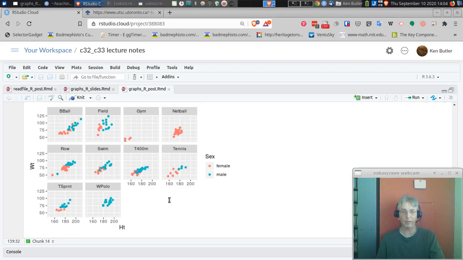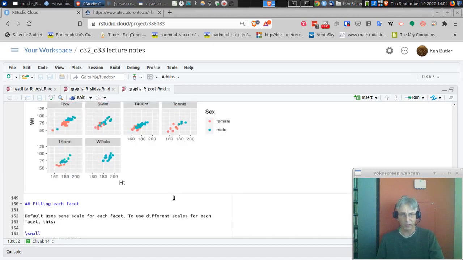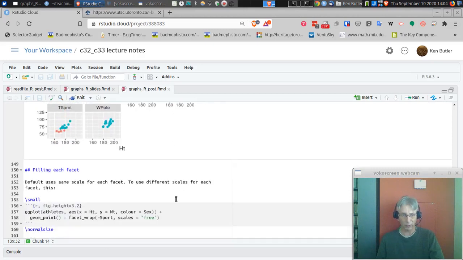And likewise, none of the tennis players are very heavy, because tennis involves lots of running, so you don't want to be too heavy. And so the top half of the facet for tennis is empty. And likewise, the water polo players are all tall, so this half of the facet is empty. So another way you can organize this is to say, if I want all those facets to be filled up,